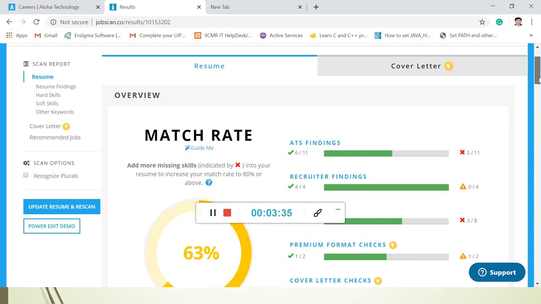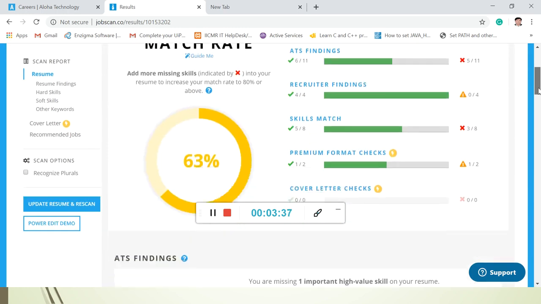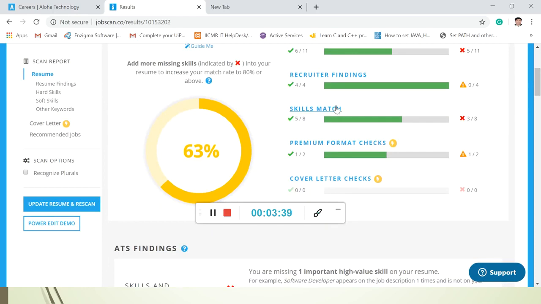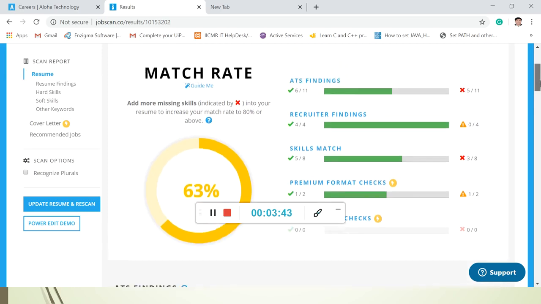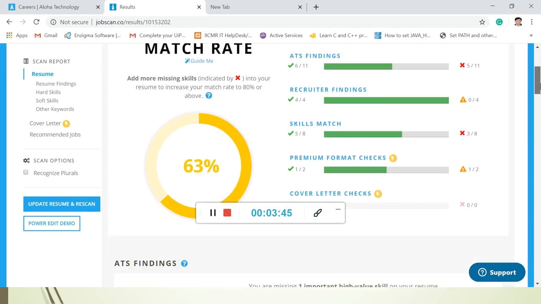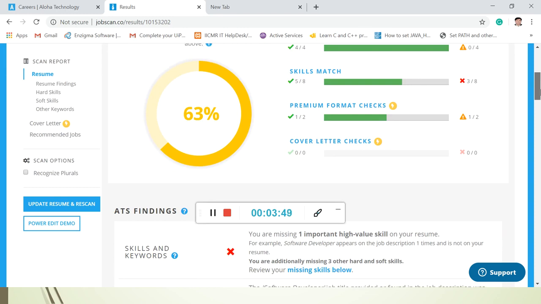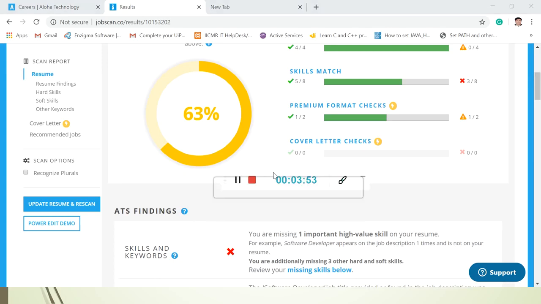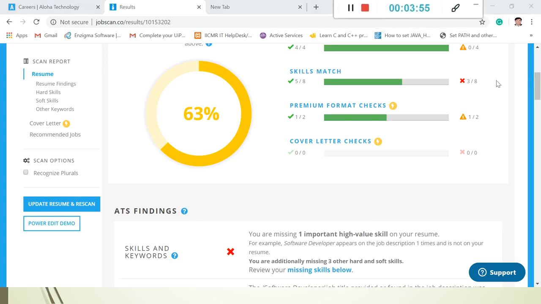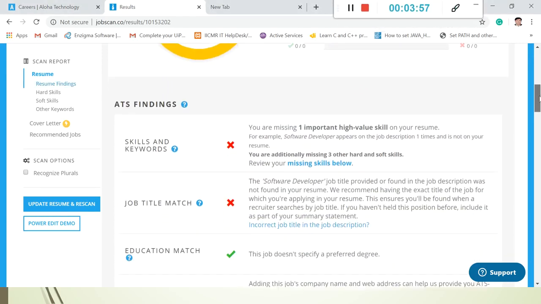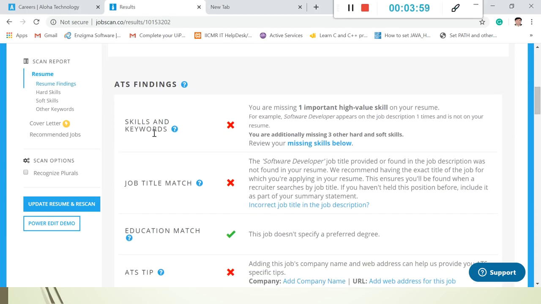Now the result says 63% is matched. Okay, now these are the findings. Skills and keywords: you are missing important high-value skills on your resume.